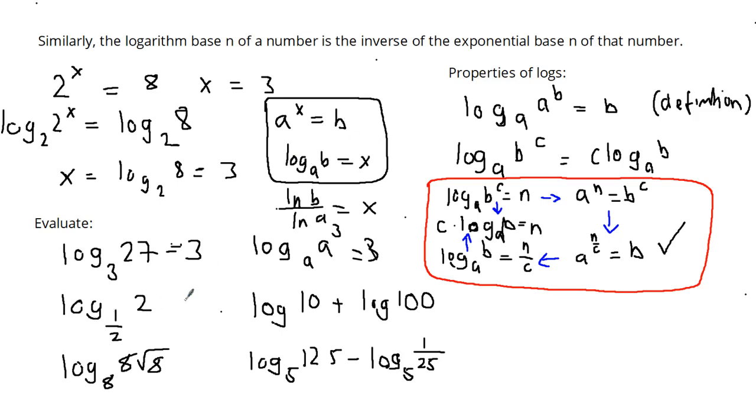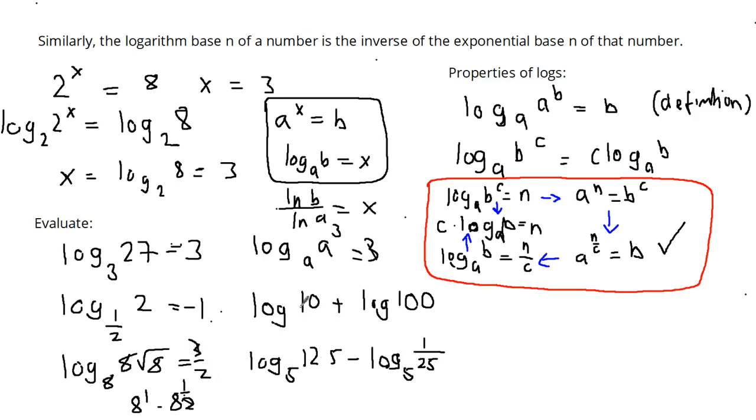Log base 1/2 of 2. What's log base 1/2 of 2? Well, how do you turn 2 into 1/2? You take the negative exponent, so you get -1. That's it. Log base 8 of the square root of 8. 8 is 8 to the 1. Square root of 8 is 8 to the 1/2. Add 1 and 1/2 together, you'll get 3/2. So log base 8 of 8 to the 3/2 is